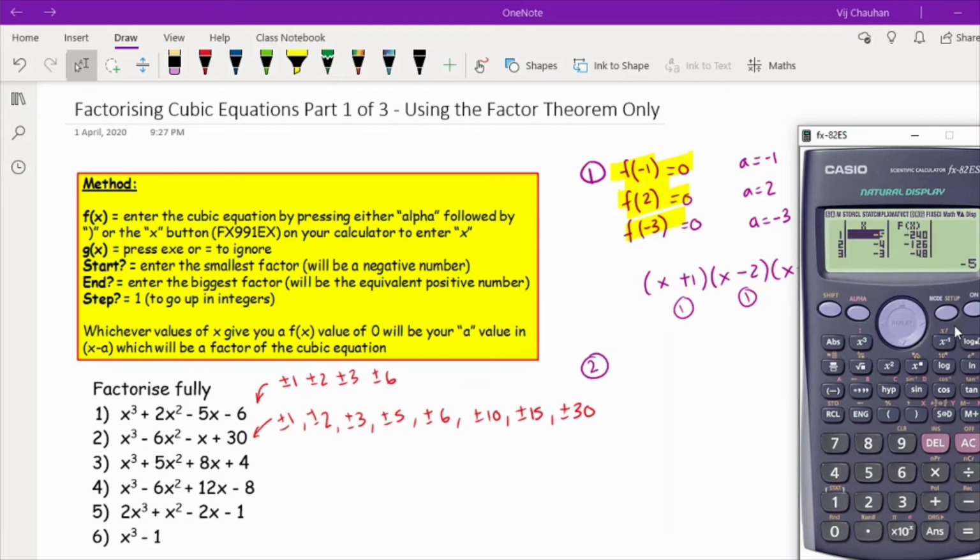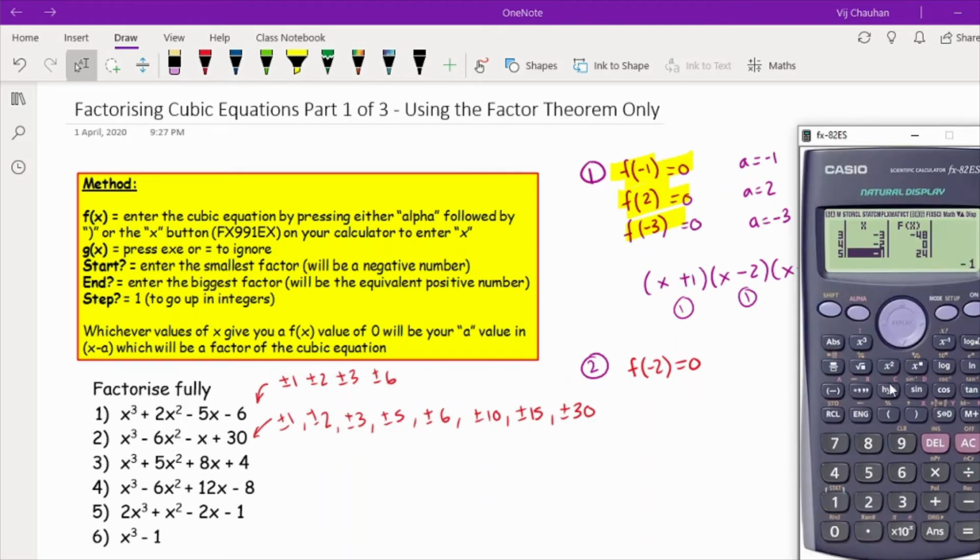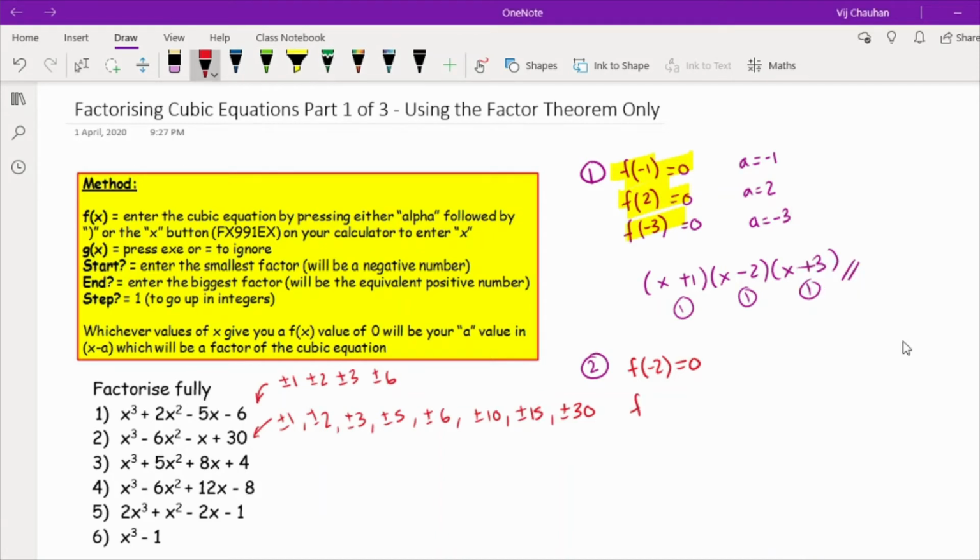So press equals. Again, what I'm going to do is try and find as many zeros as I possibly can. So here I found 1, which is f of minus 2. So if I just write that down, f of minus 2 equals 0, and go back to the calculator, trying to find another one. So I've got f of 3, so f of 3 equals 0,